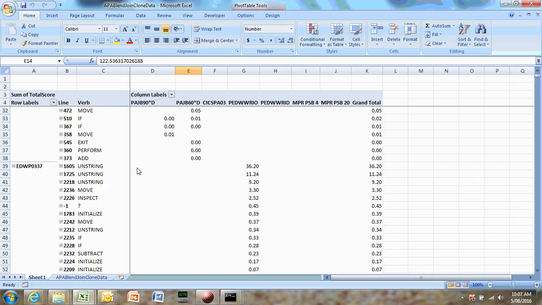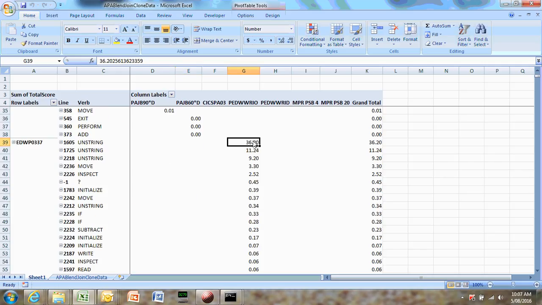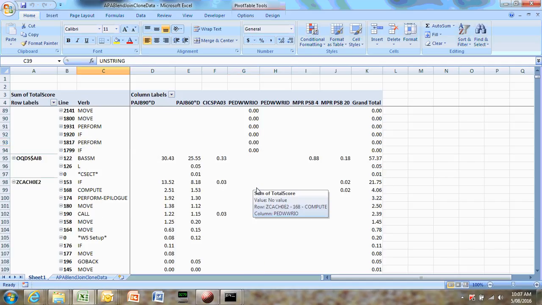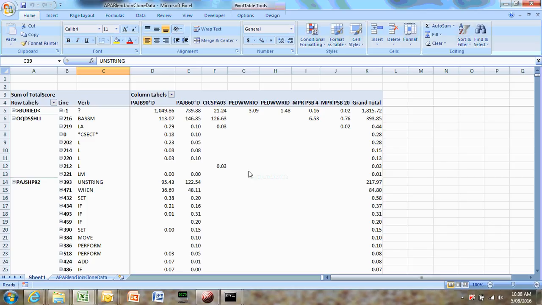Go down a bit more because they get smaller. This guy, he's in there. Hey, he's an unstring. Ooh, it's looking popular, Mr. Unstring. It's the answer. This is the place to which we want to get so that we can find programs to hit and the actual instruction or verb to target, because that verb in that program has got a certain contribution overall,